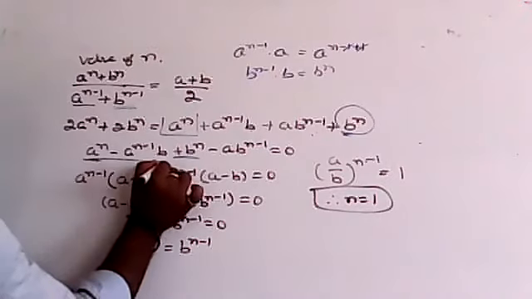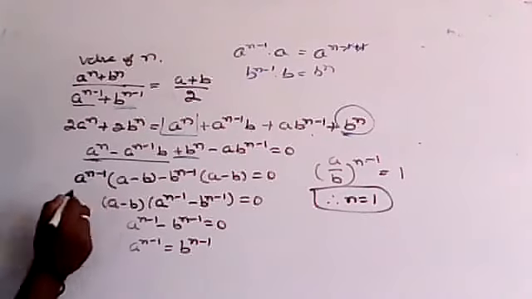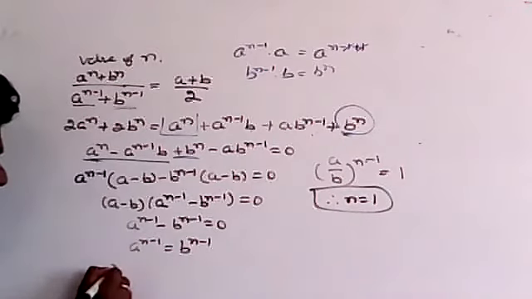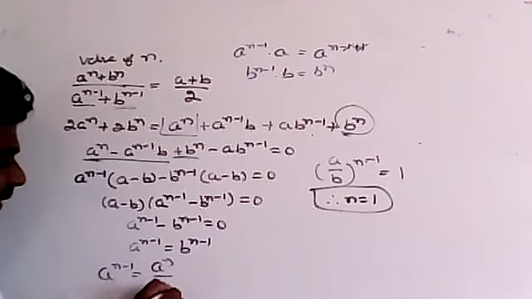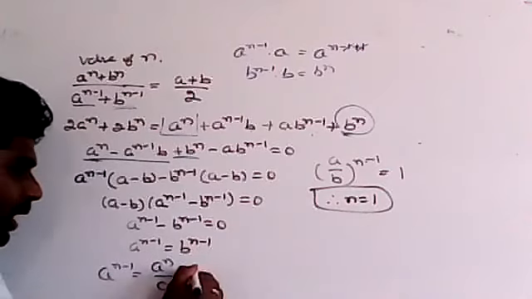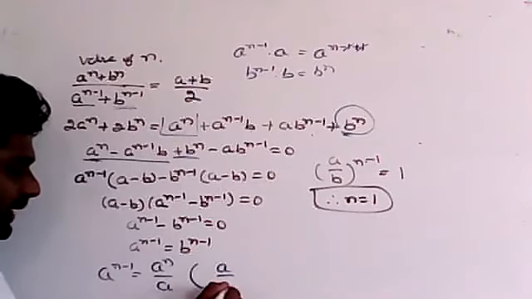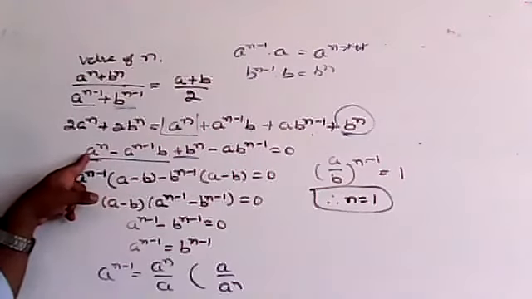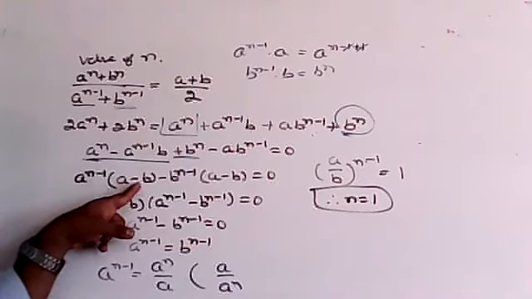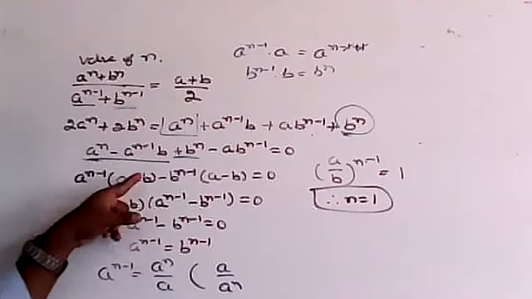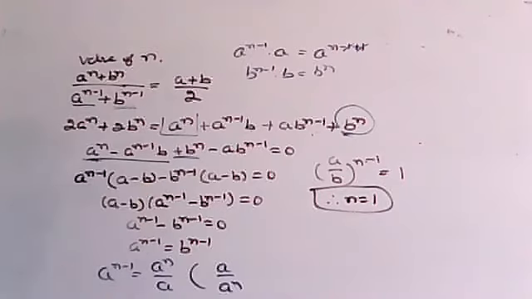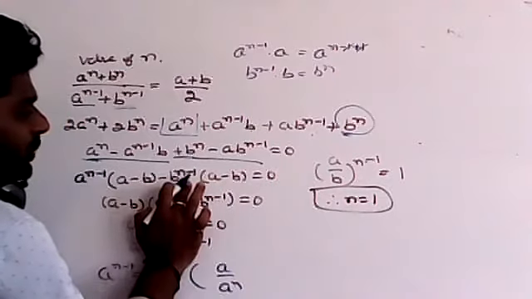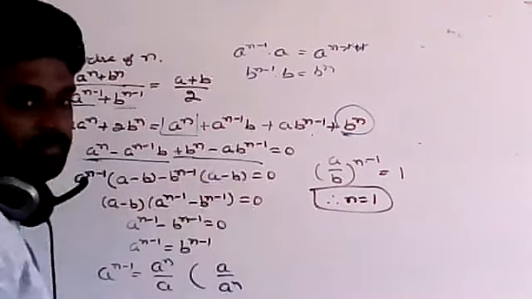In these two terms, I'm going to take a to the power of n minus 1 common. We can write a to the power of n minus 1 as a to the power of n divided by a. So if taking common, I have to multiply inside by the reverse of that, a to the power of n by a. When I multiply it inside, a to the power of n and a to the power of n get cancelled. Remaining is a minus b. Same thing in these two terms, I'm taking b to the power of n minus 1 common, then remaining is a minus b. Clear, Radha?